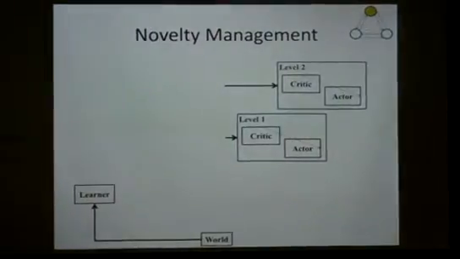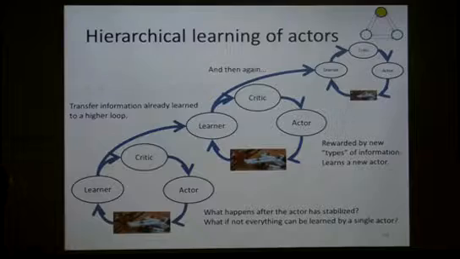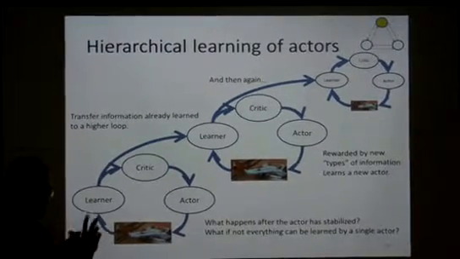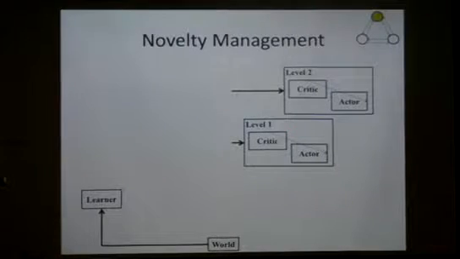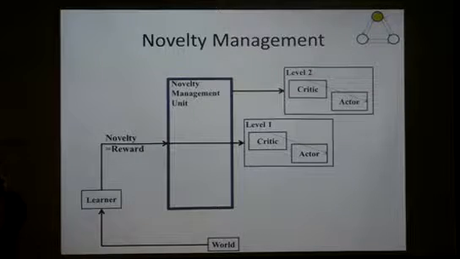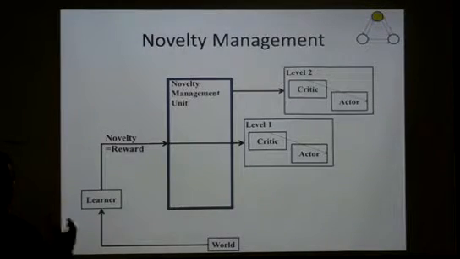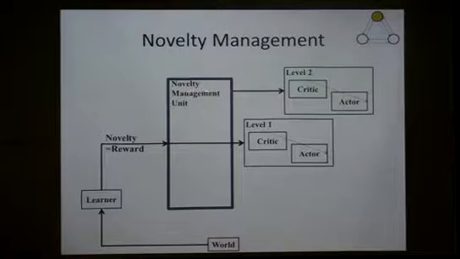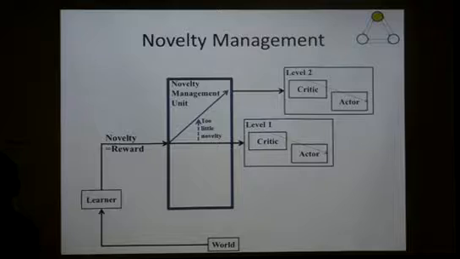Okay, so let's say that I have a lot of behaviors: for one object do this, for another object do that. So I have a lot of actors. The question is, how do I switch between them? How do I manage what's going to happen here? And here I introduce a new concept, which comes from biology and not from any arbitrary theoretical justification. It's novelty management. So I have novelty, which is reward. I start with this. After I learn everything that I can, the reward is now that there's no novelty anymore. I learned everything there is to know. So if there is too little novelty, you switch to the next level.